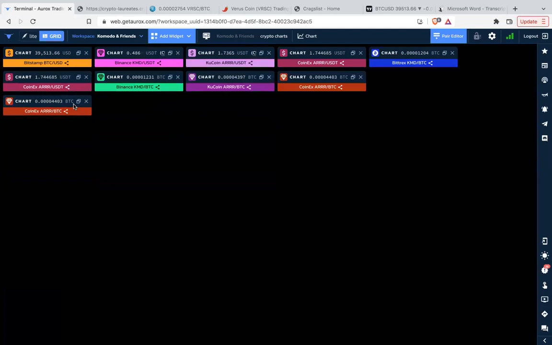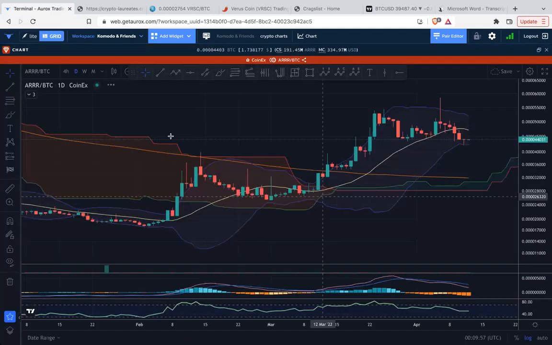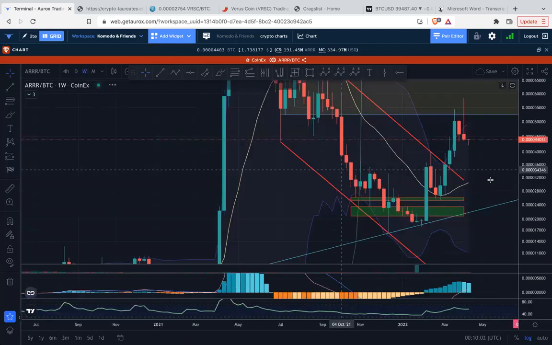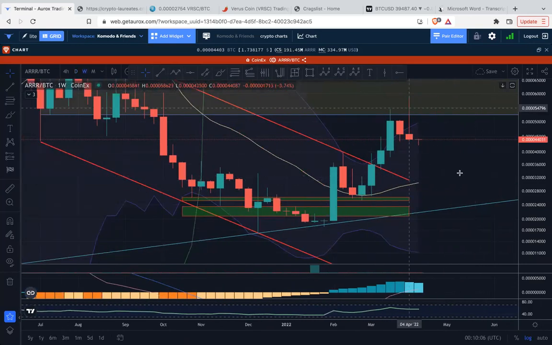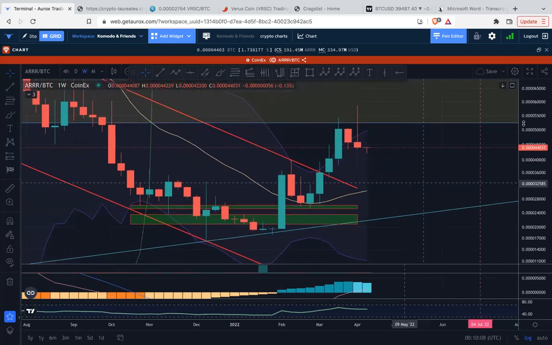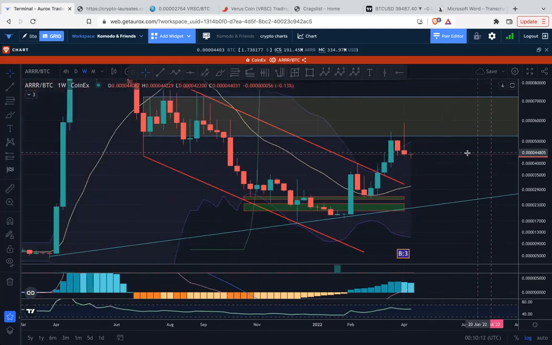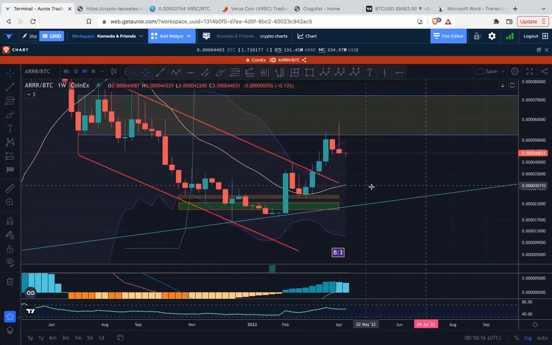Let's move over to the Pirate Chain price chart. We're currently at 4,400 Satoshis. Oh, this is the daily. Got a crazy wick, but we will see that it's also on the weekly. Big wick here on the weekly into the previous area of resistance. So what is next for the Pirate Chain price chart?